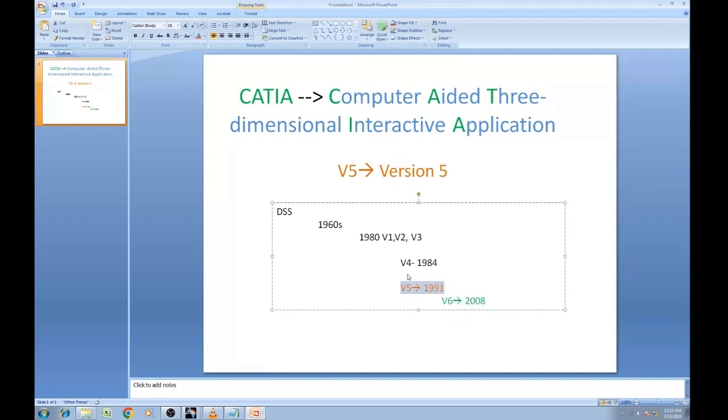So it is more popular, and still it is in use by most of the automotive and aerospace companies in the industry. Okay, so this is about CATIA. And coming to the tools,